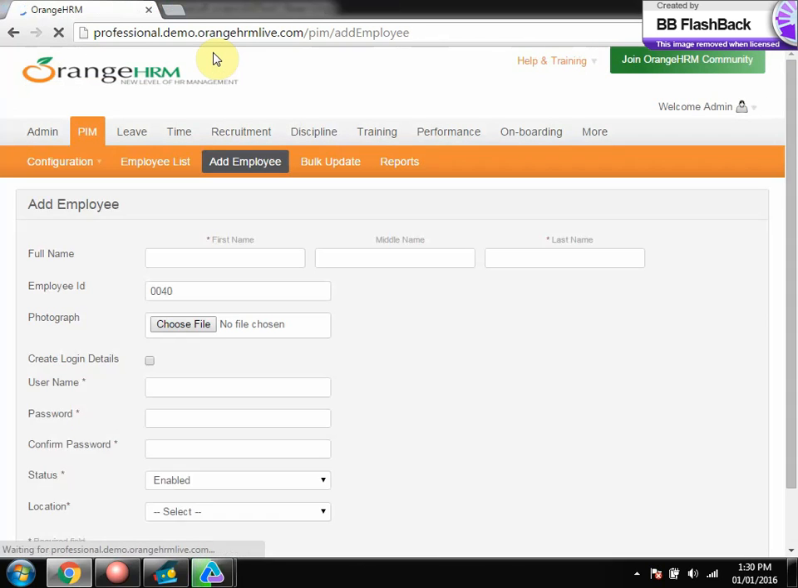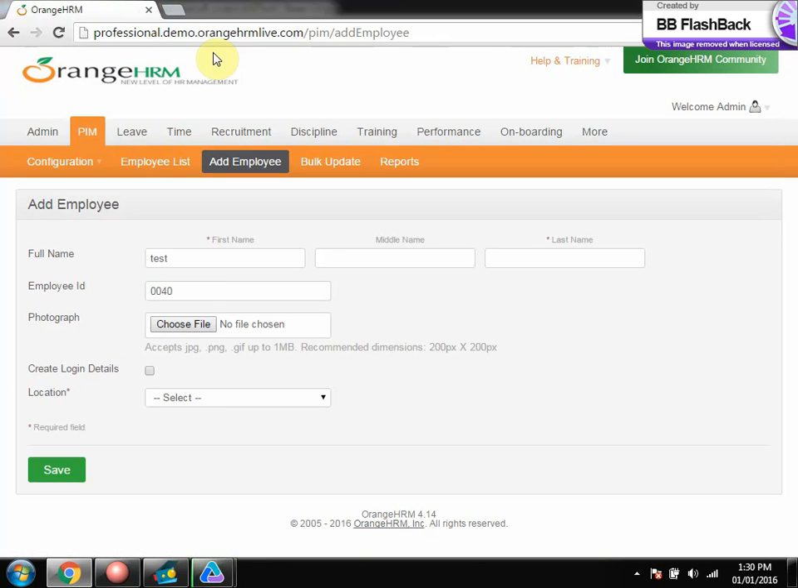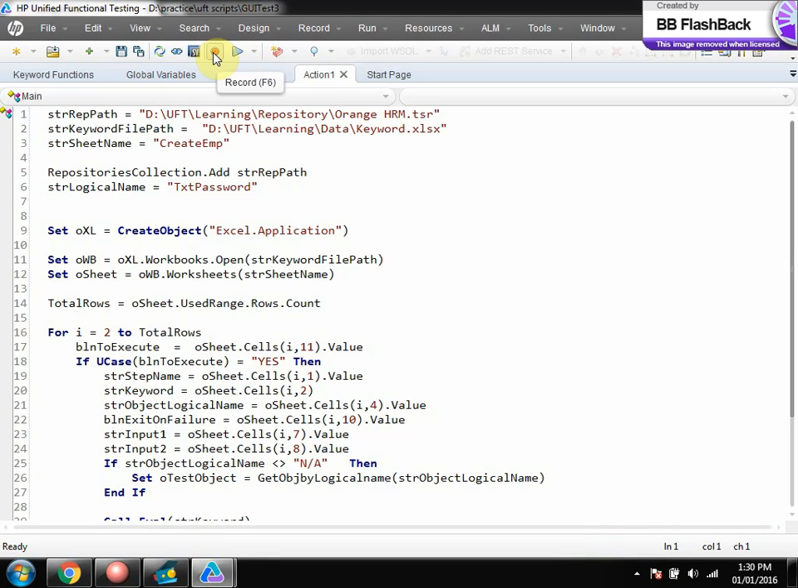Now it is taking the web element. Now set first name, set last name. Right? So all the steps have been executed. Now assume that I don't want to execute the first name step. I want to execute only last name directly. Then what you can do is